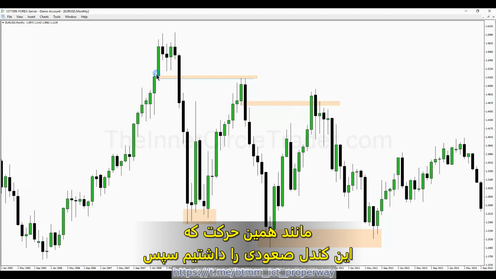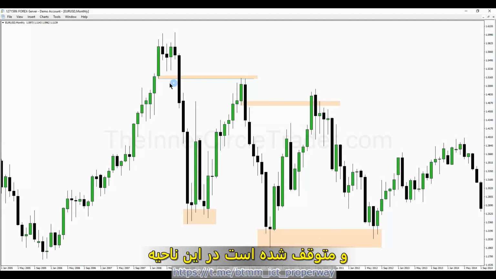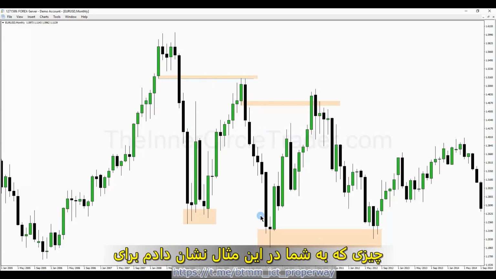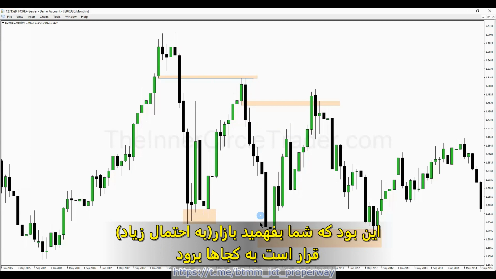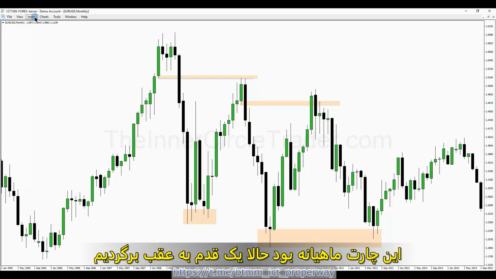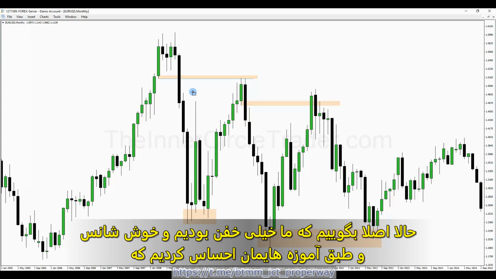Just as well, we saw this up candle here, this down movement, price comes up and closes in its range here. Then it runs for the liquidity below here. The point of what I'm showing here is once you understand where the market will most likely reach for, and this is a monthly chart, now we can take a step back and say, okay, if I can define the market in terms of,